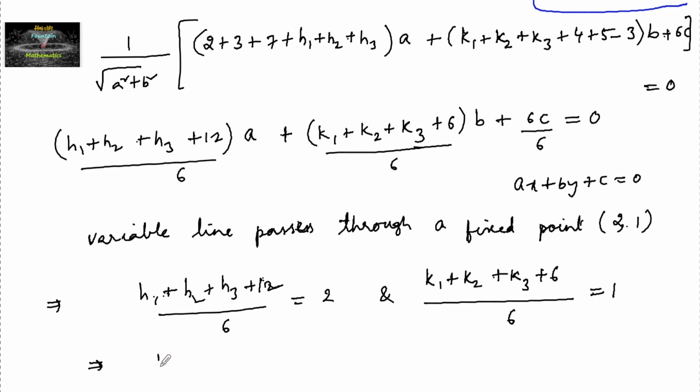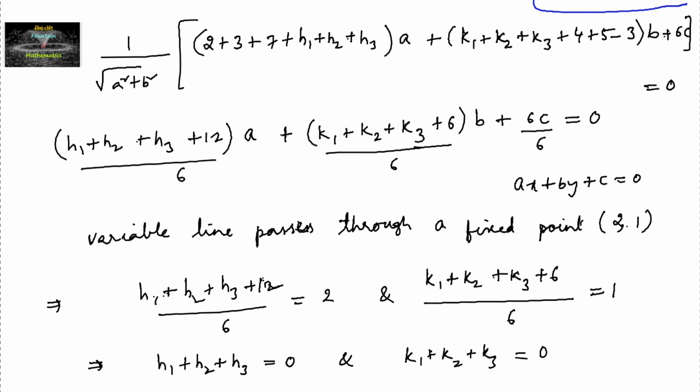So which implies h1 plus h2 plus h3 is equal to 12 minus 12, it becomes 0, and k1 plus k2 plus k3, here also cross multiply, 6 minus 6 will become 0,